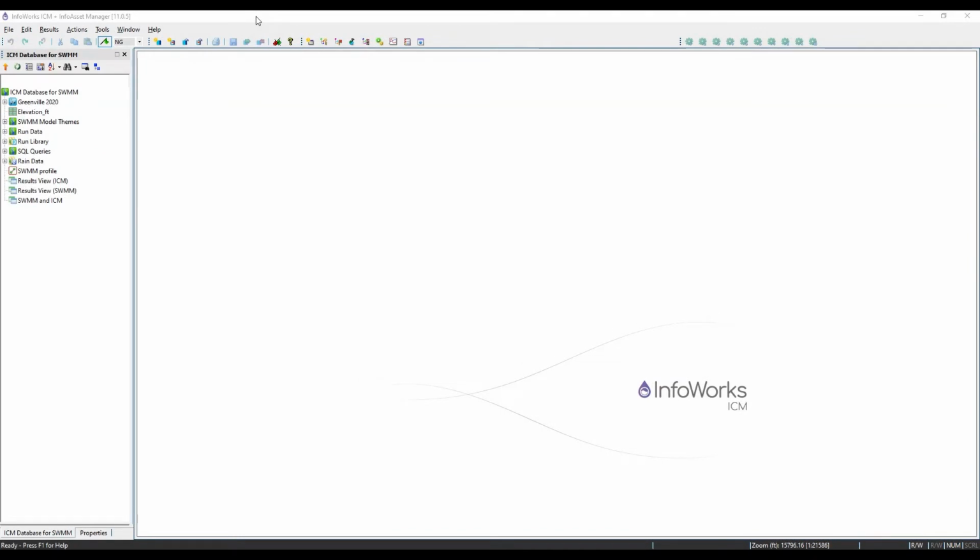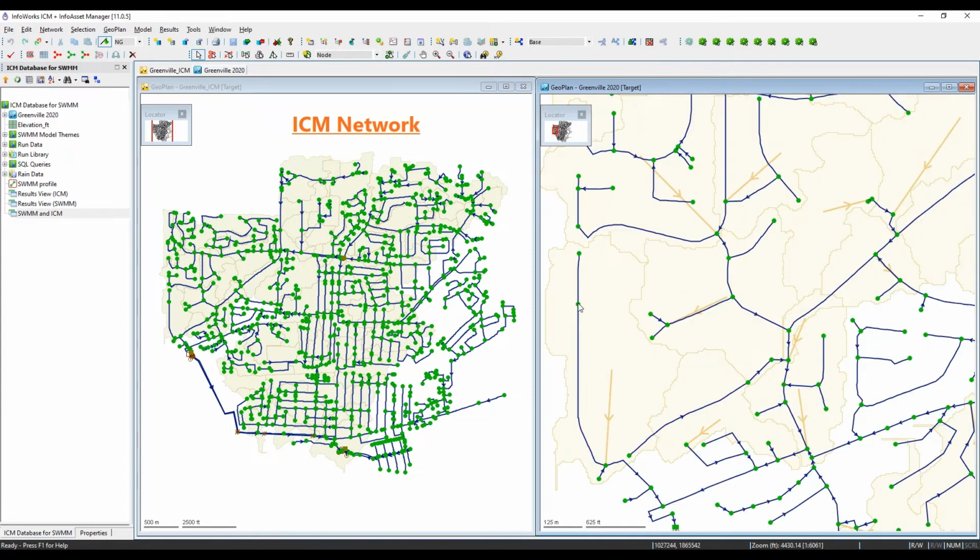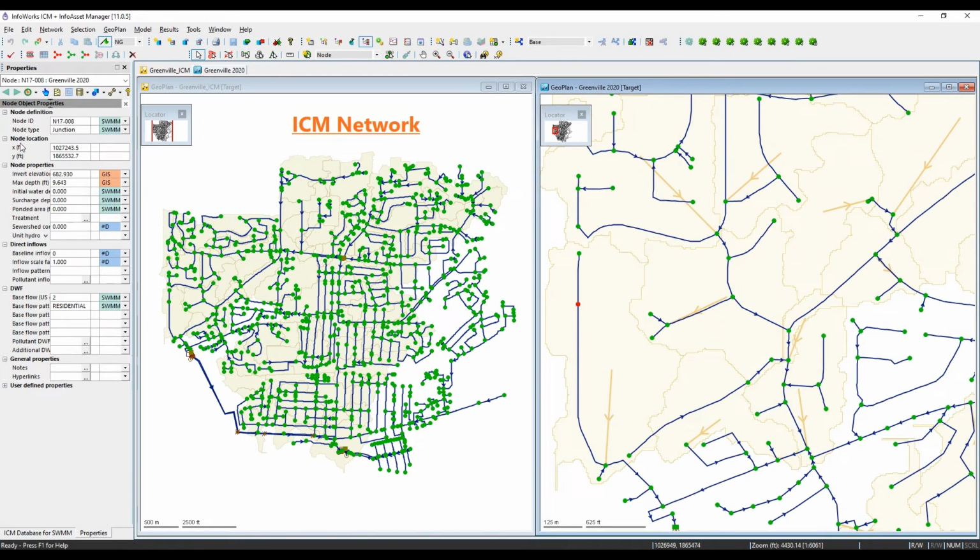This is a walkthrough of how you can use InfoWorks ICM as a central database to manage your EPA SWMM models. And this is a feature that's newer, because ever since we added support of the SWMM engine inside of ICM, which came out in version 10.5 or late 2019, now you can import SWMM models and you can use the whole SWMM data schema, the SWMM engine, get